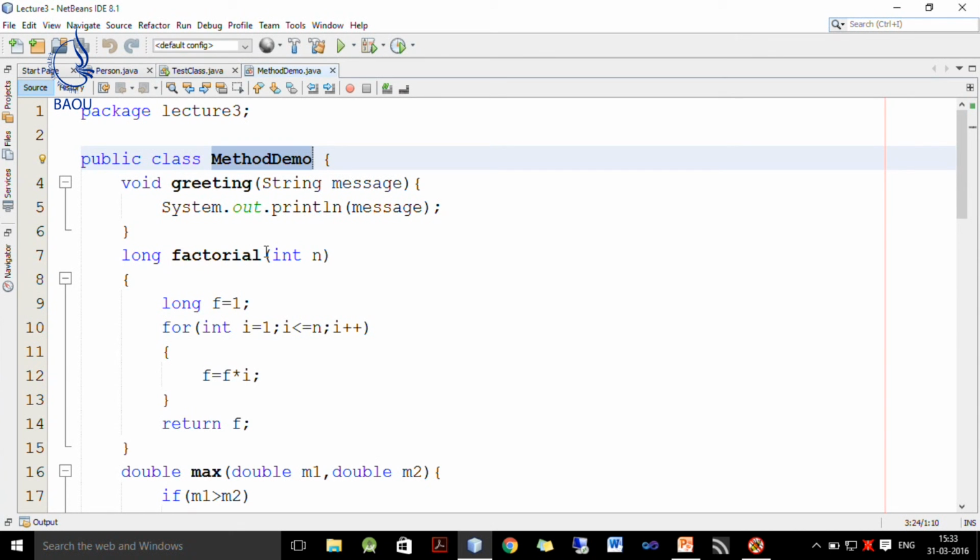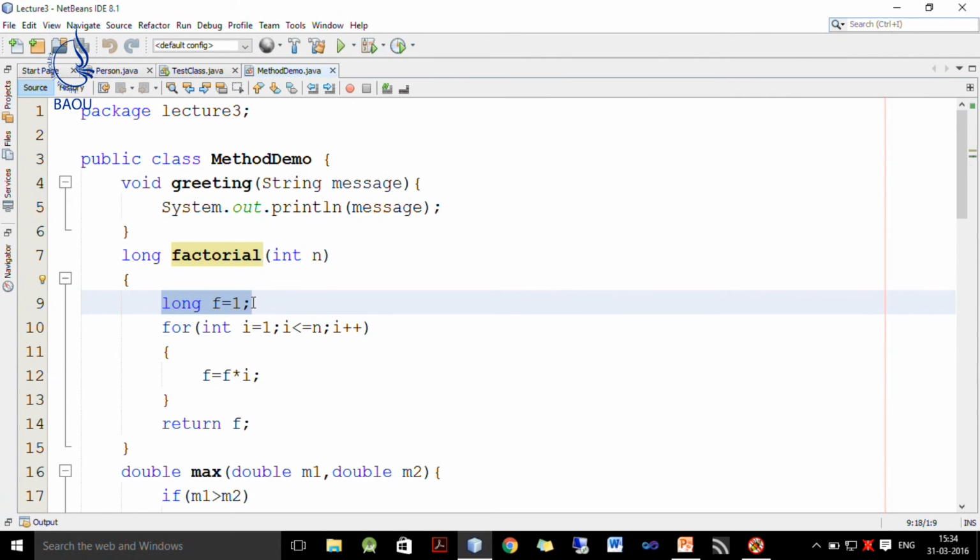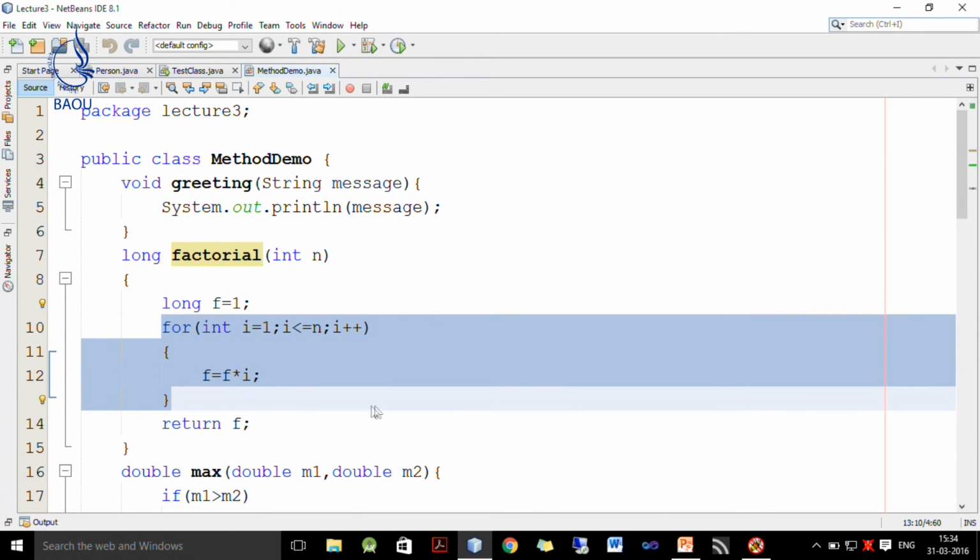The next method is a factorial method, and it actually calculates the factorial of n and returns this value as long. So, I initialize f to 1 which represents the factorial of the given number. The factorial is nothing but multiplication of 1 to n if we want to find the factorial of n.